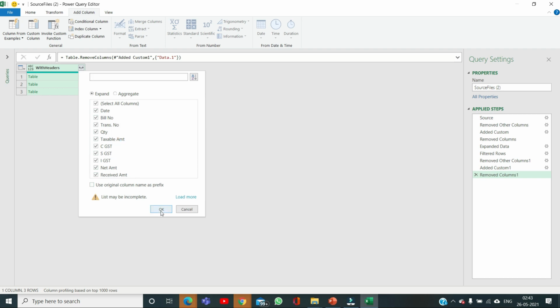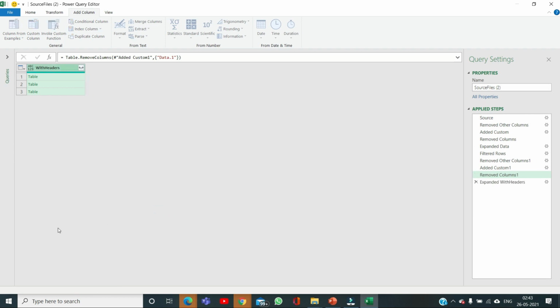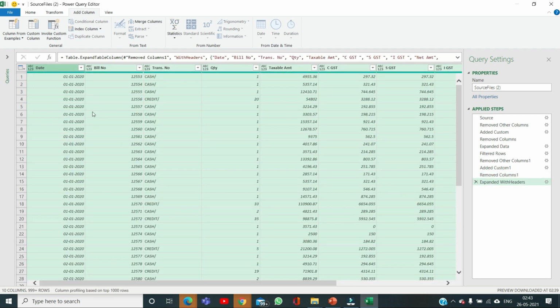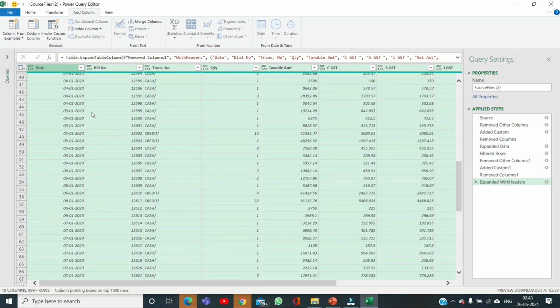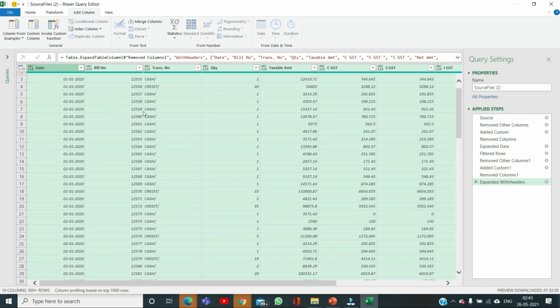I'm taking all columns in my table, and I have kept the prefix option unchecked because I don't want to add the field name as a header. So this is my data.